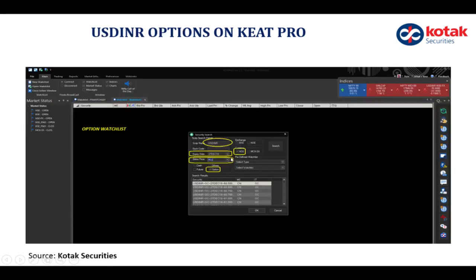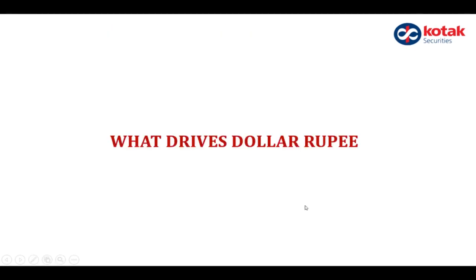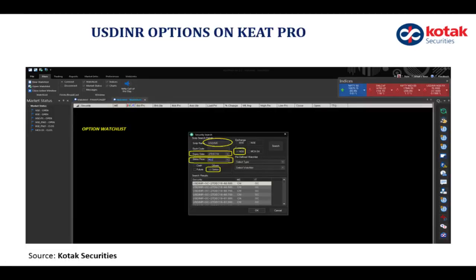Now in the options, you do the same thing. Only here you check options instead of futures. You can also select the strike here, and accordingly it will pop on your screen. So that's how you can set up your watch list on your Kotak Pro terminal, and you can start trading. In fact,